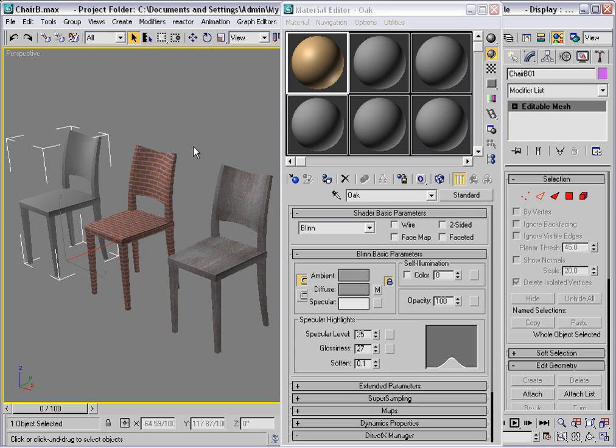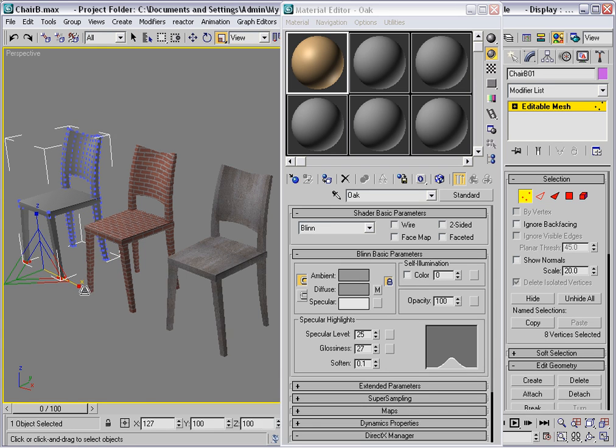You know how instanced objects appear in boldface type in the stack. Changes you make to an instance affect all of the other instances. Here we have 3 chair instances. I would call these geometrical instances. It's possible to instance materials,